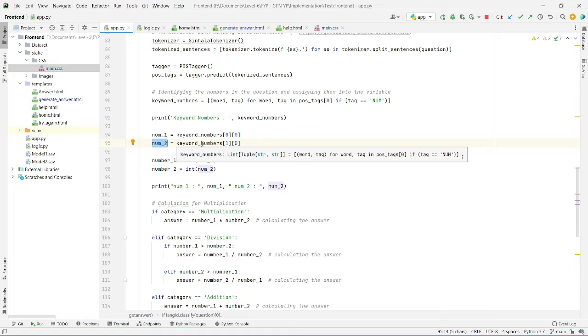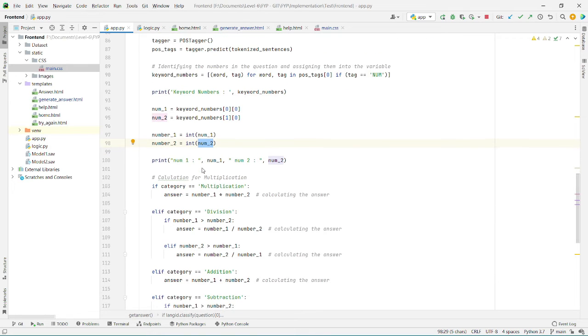Since the entered question is a string, we have to convert the two strings into integers to conduct the calculation for the answer generation. So after converting the two strings into integers, they are assigned to number_1 and number_2.